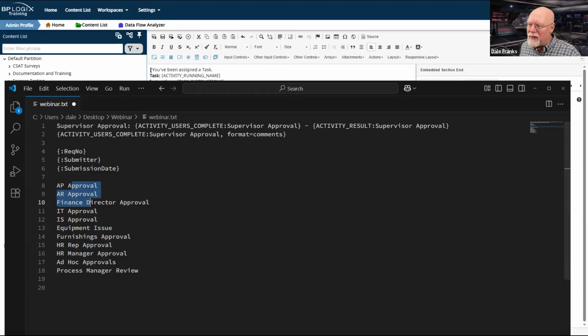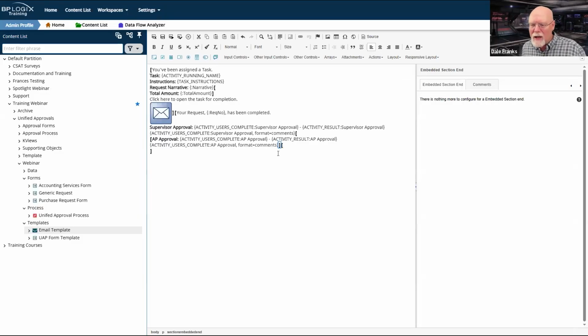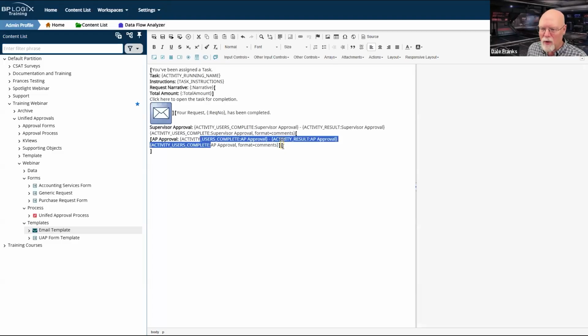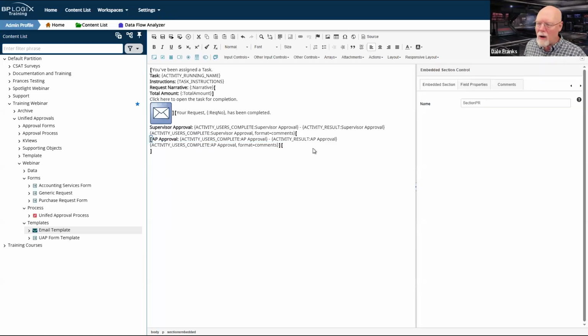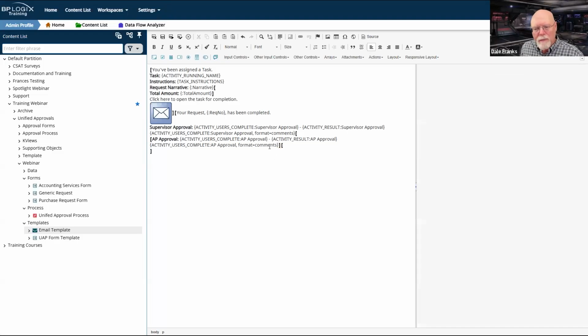So even this configuration that I've made is only going to work if I do specific things on the form, like I specifically choose a purchase request, then I'll see the AP approval. I guess I could do it with a purchase order too, since I've just added both of those in. So when I submit the form, I'm going to have to do specific things to make this stuff work. But in this particular case, I don't have any activities that I know are always going to run.